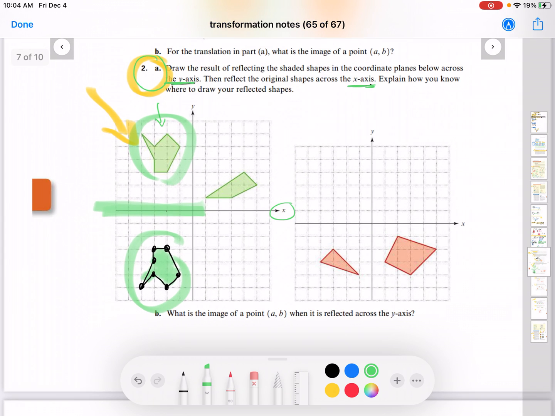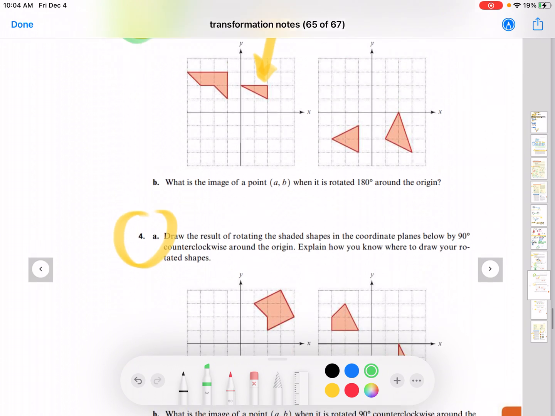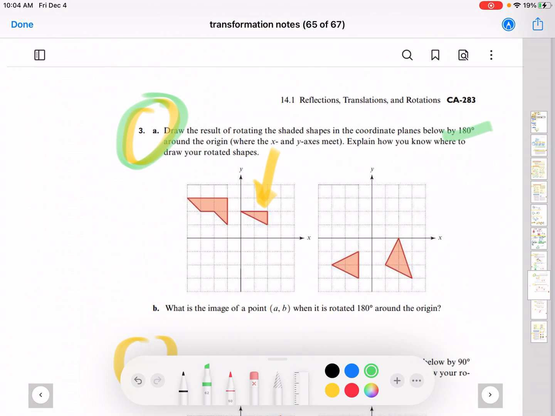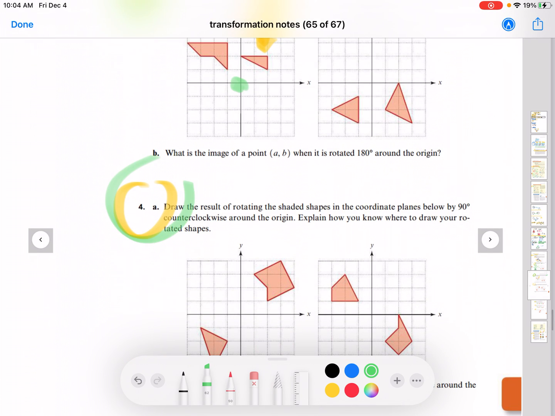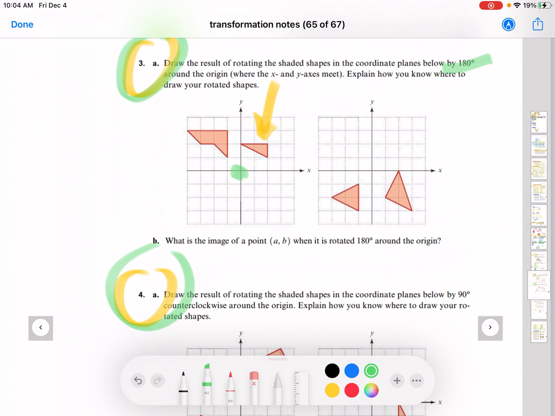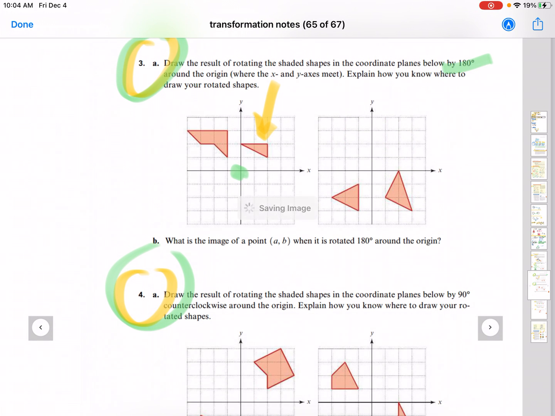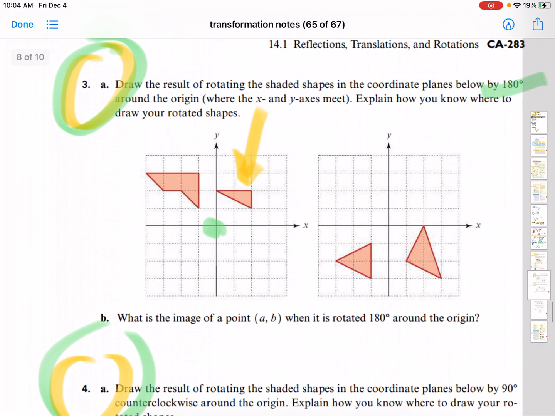So there's 4 shapes here, and you are going to draw a reflection of each across the x-axis and the y-axis. But to do the rest of those is your homework. These are rotational symmetries. So these first ones are rotate 180 degrees about the origin, which is the center, and these are rotate 90 degrees. So let's just take one of these, say this little one right here, and if I wanted to rotate this 180 degrees,